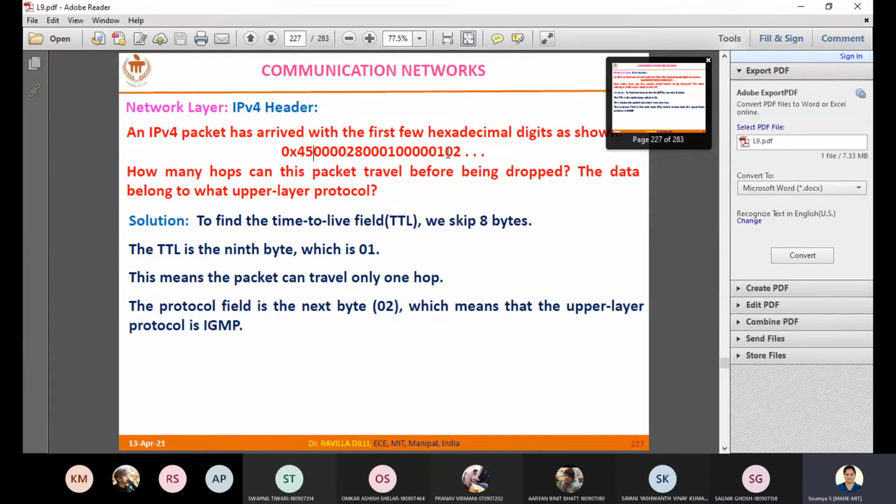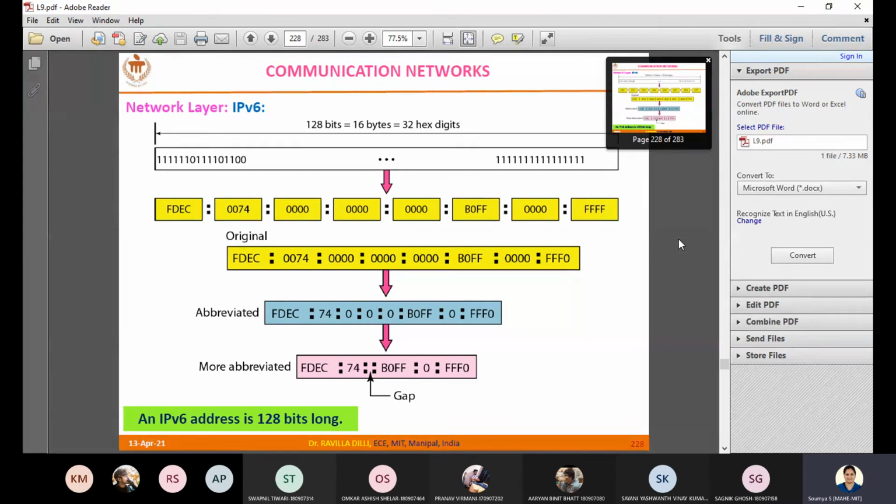The next byte that is given is 02. 02 is the protocol field, and the byte given here is 02, which means that the upper layer protocol is IGMP. If it is 01, it is ICMP. If it is 02, it is IGMP. Okay,